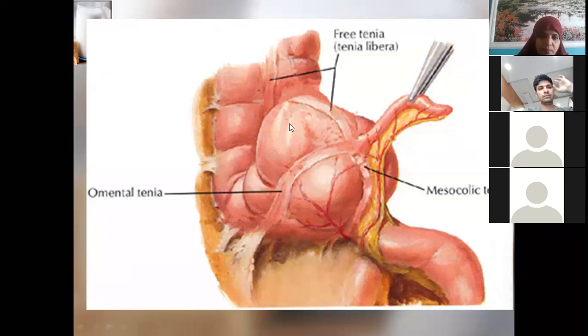What is this? Cecum. Very good. What is this area behind the cecum? We studied this when we were doing peritoneum. What is this peritoneal area below the cecum called? Retrocecal recess.